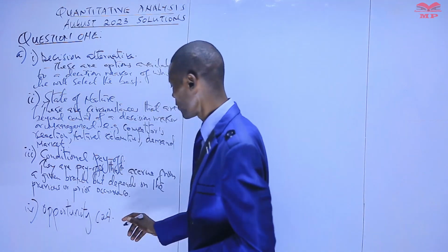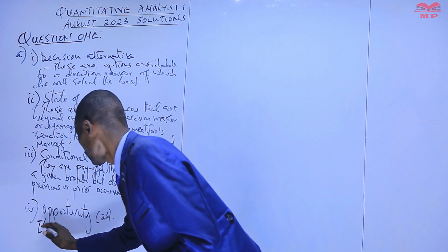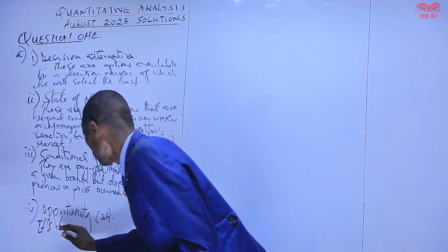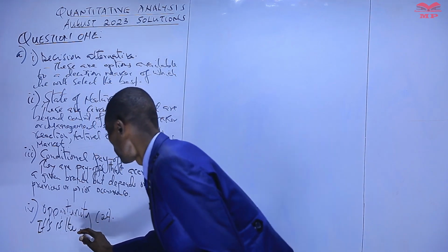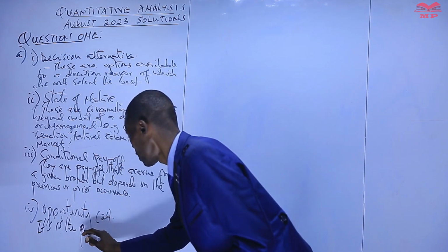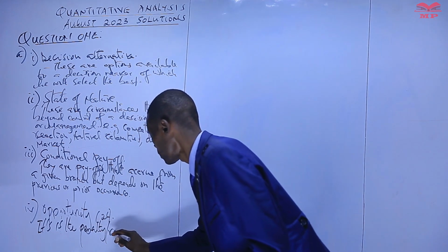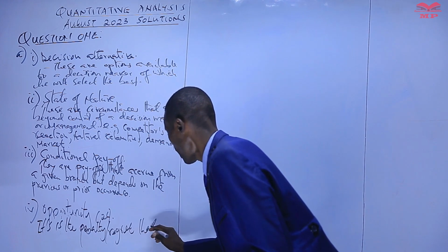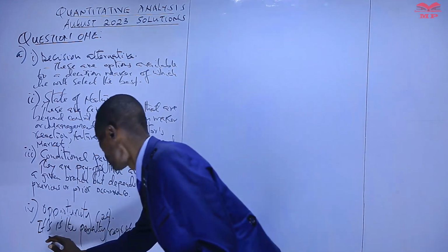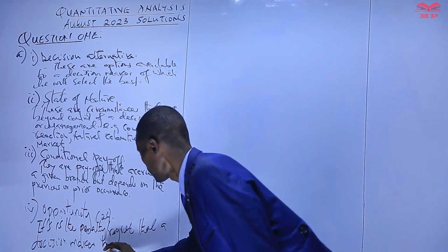So we can say opportunity cost, it is the penalty, you can say the penalty stroke regret that a decision maker bears